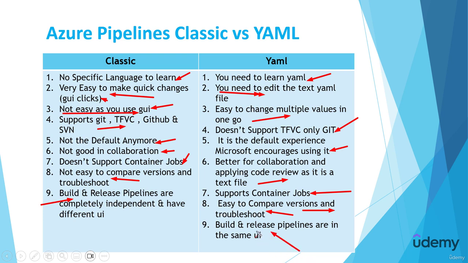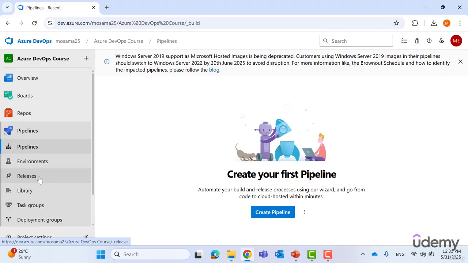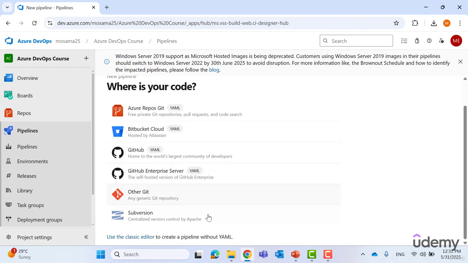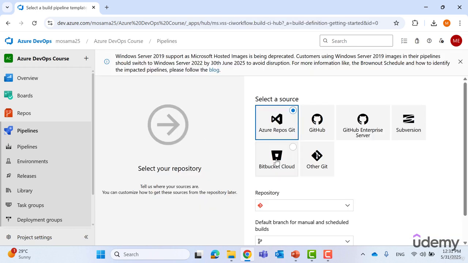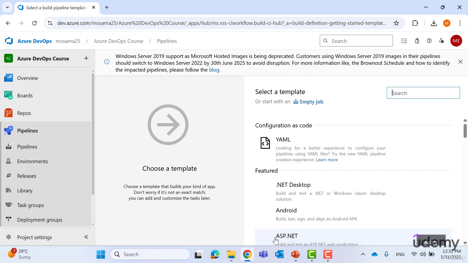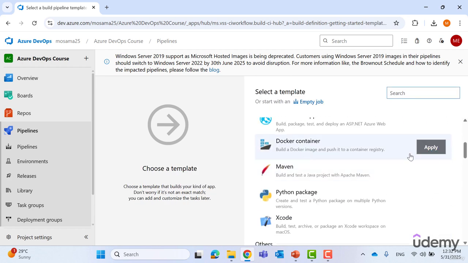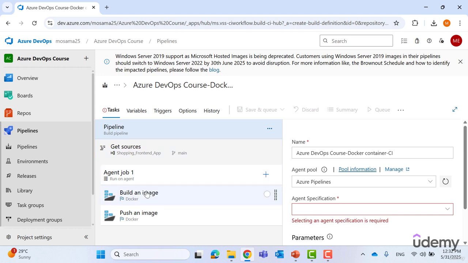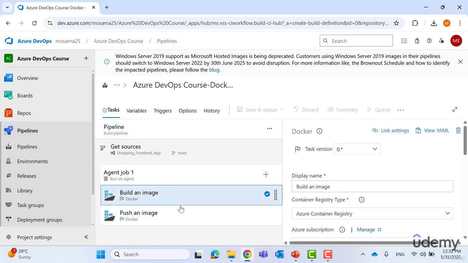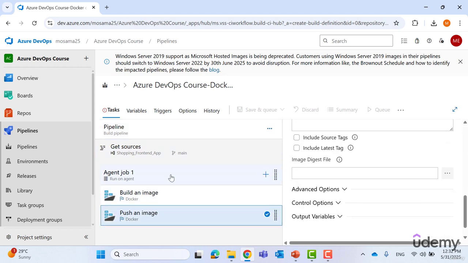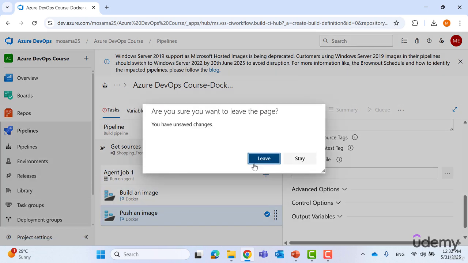I will show you now how they are different. When making classic pipelines, you make the build pipeline here in the pipelines. Create pipeline and choose the classic editor, and choose the repo and put your tasks. You can make this task here to build a Docker image. So it's the build pipeline. It's only for build. If you want to make a release to deploy your application, you publish an artifact from the build pipeline and use it in the release pipeline. Go in the release here,